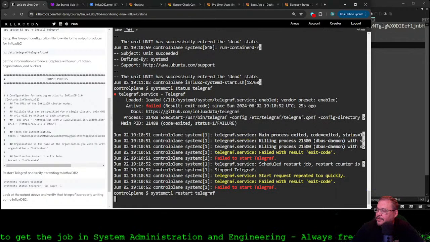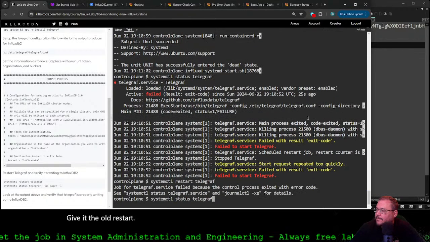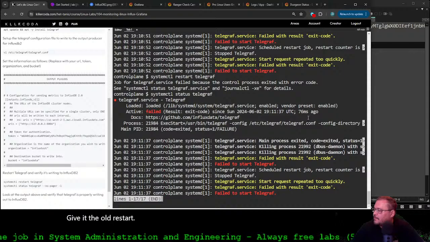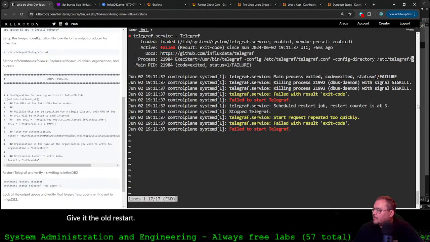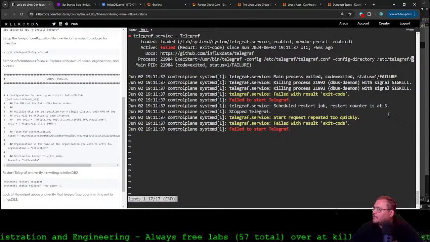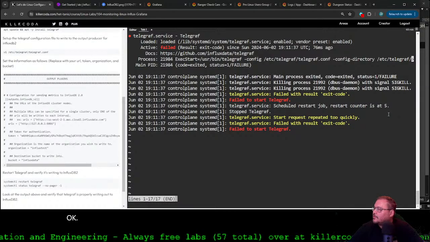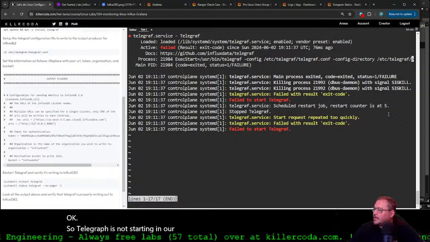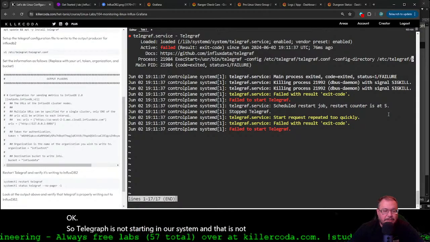Give it the old restart. Okay. So Telegraph is not starting in our system, and that is not good.